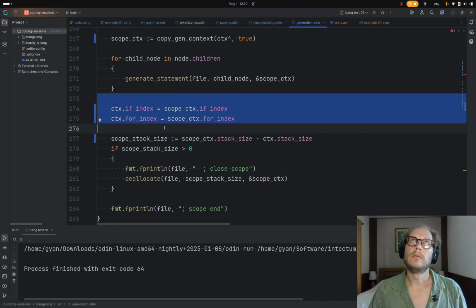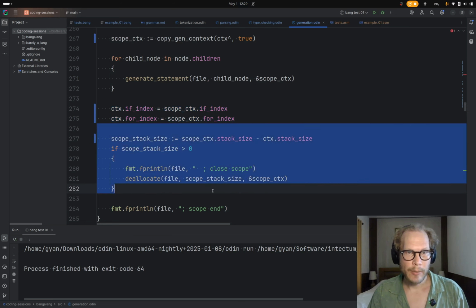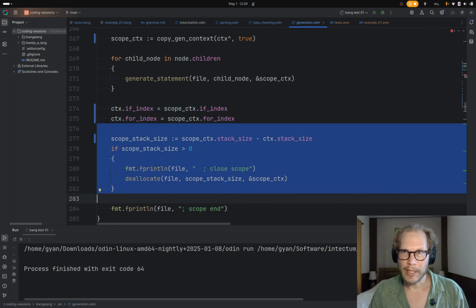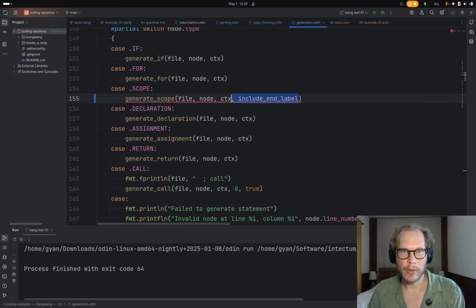Oh, we probably need to do that also in the procedure. And then we do this. Yeah, I wonder if there's some places where we've missed this. And then we need to clean up the scope. And then also